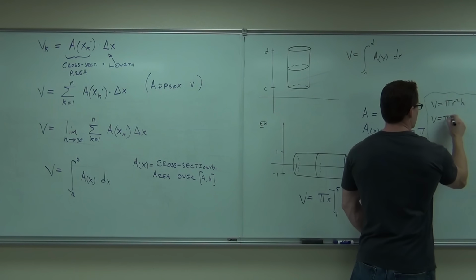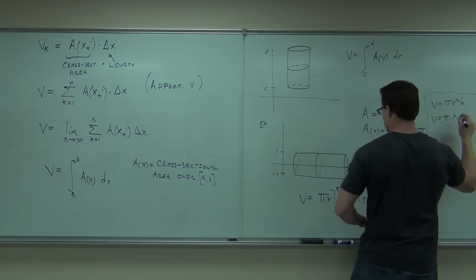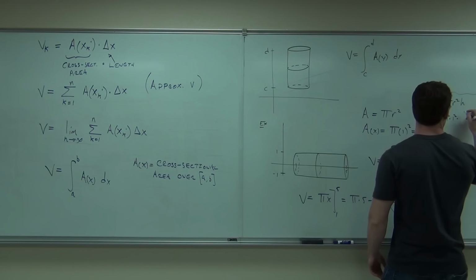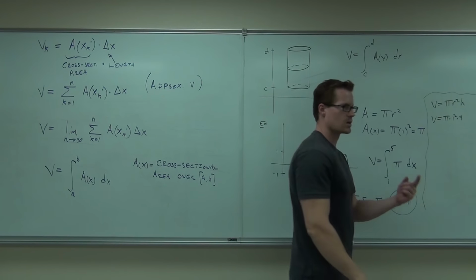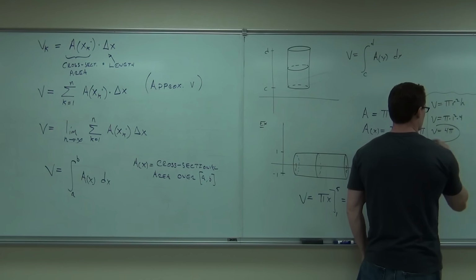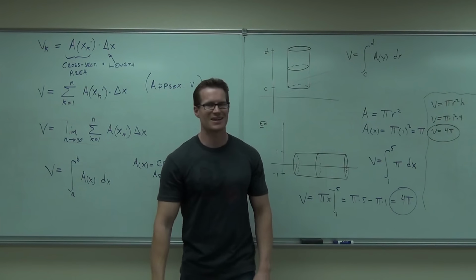Volume is pi times 1 squared times height. The height in this case is really the length. What's 5 minus 1? It's 4. 1 squared is 1 times 4 is 4 pi. This might not seem so impressive to you, but getting the same answer is kind of neat, right? Now,